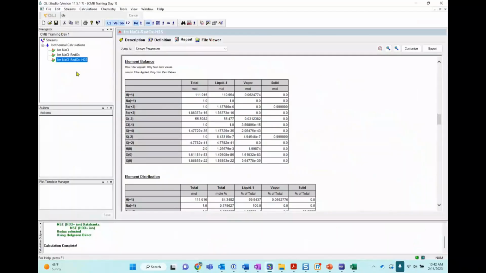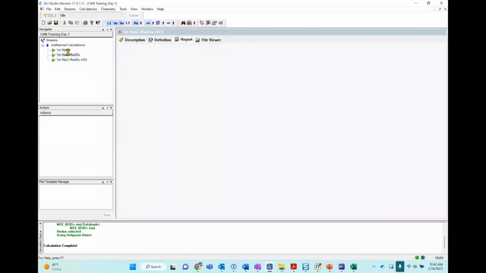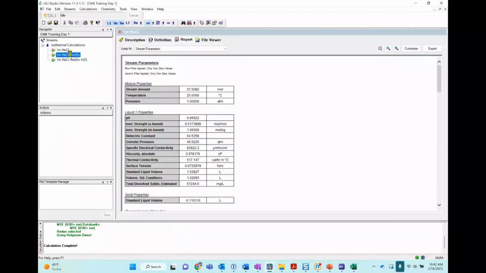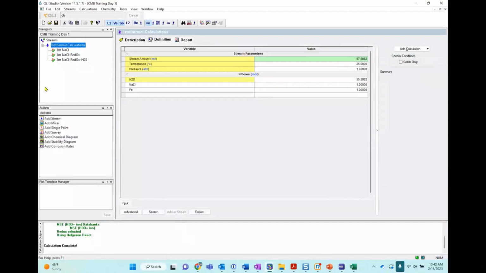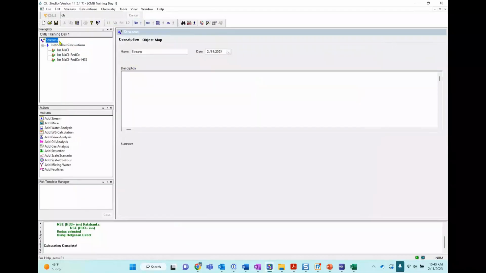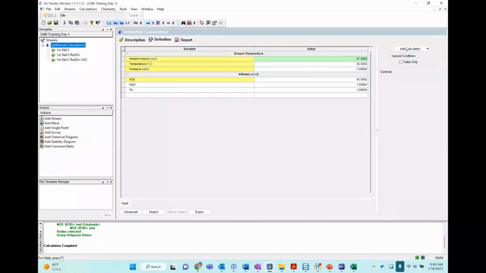Now, this is a good example. If I want to add a new stream, I don't see any actions in my actions pane. Where did they go? Well, the reason is because you are at the subcalculation level, and when you're at the subcalculation level, there is nothing else you can do after that. So there will not be actions here. You need to make sure that you're clicking on the stream or at the global stream. The global stream will show you everything. The stream level will show you only the things that you can do within a stream.